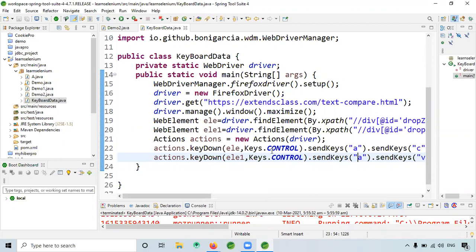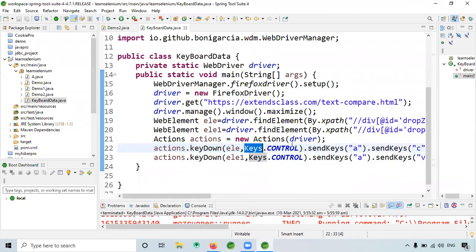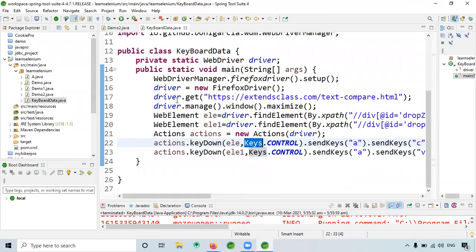If you use Keys.CONTROL, nothing much special is there. Use the Actions class. If you want to select Enter, give that, or if you want Shift, Delete, F1, F2, F3, like that. All Control keys you can use. It's easy only.